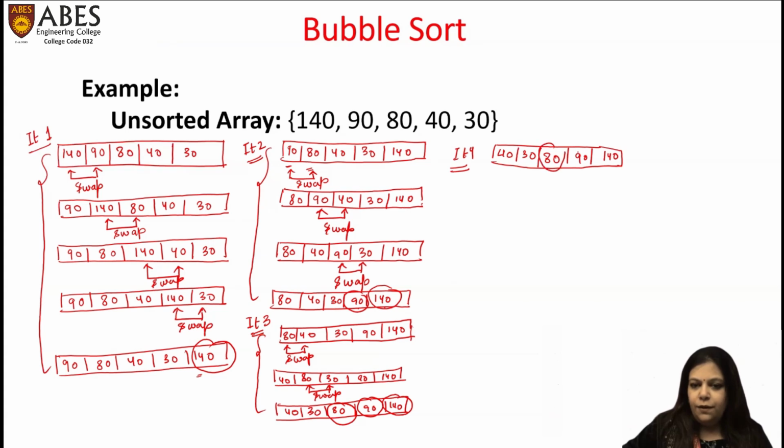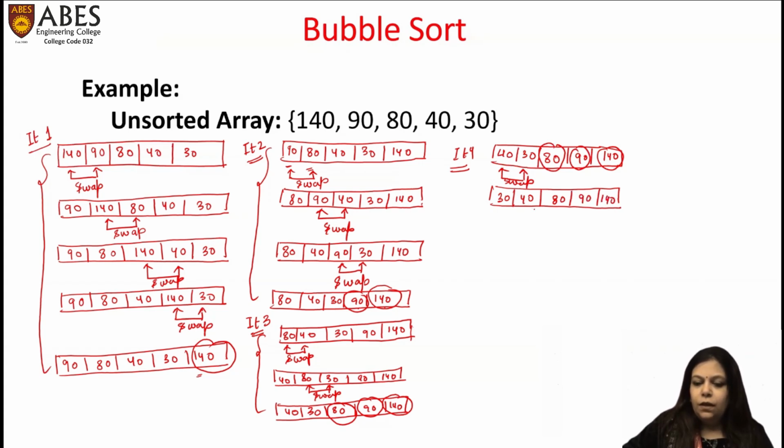These three elements are already fixed and there was no need of comparing these elements now. The only requirement is to compare the first element with the second element. And as you can see that first element is greater than the second element. Again, we will swap these two elements, thereby making the state of the array as 30, 40, 80, 90, and